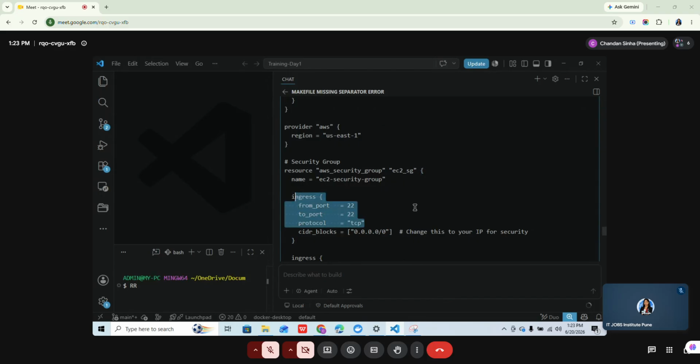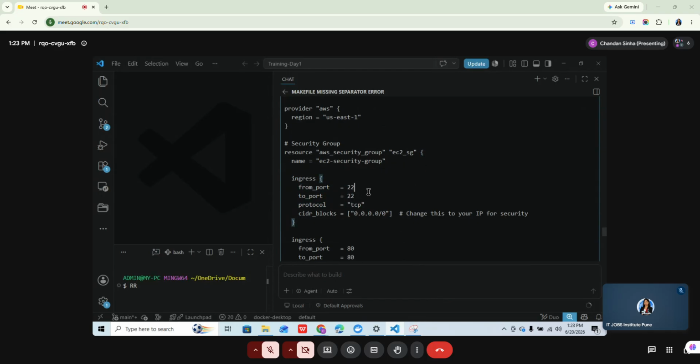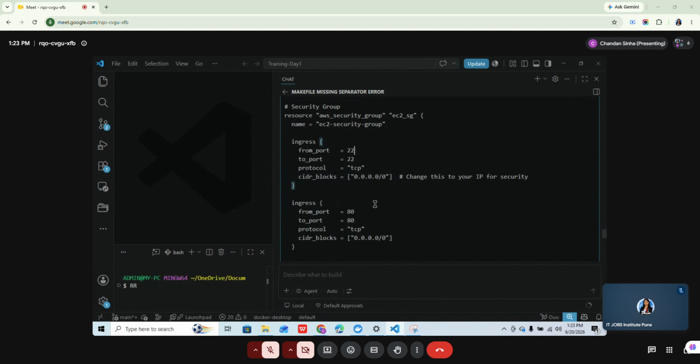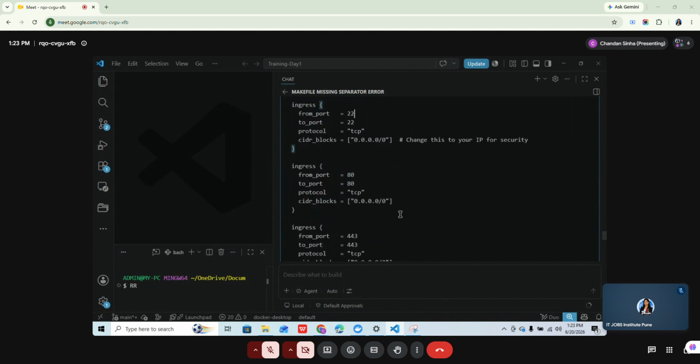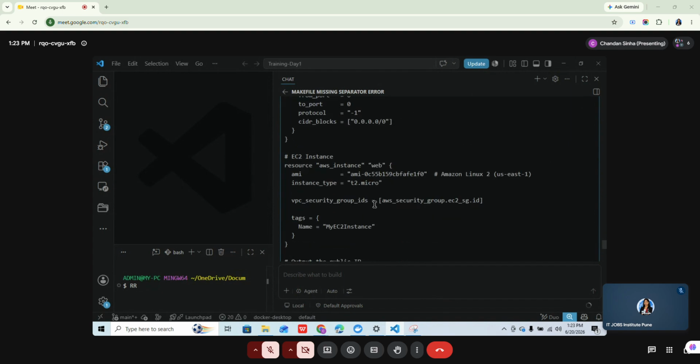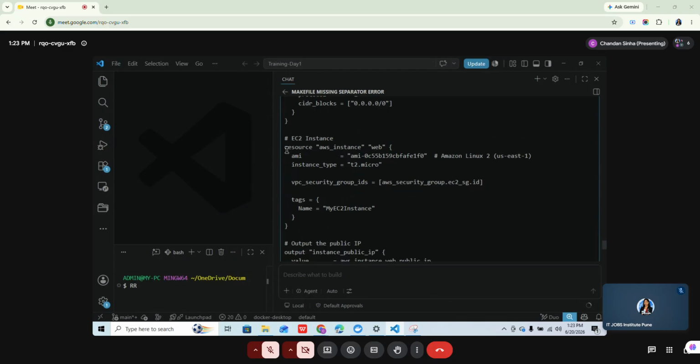SSH कौन सा प्रोटोकॉल होगा? अगर हमने SSH पोर्ट या जो भी पोर्ट ओपन नहीं किया है, तो वो सर्वर एक्सेस नहीं होगा। फिर इनग्रेस, ईग्रेस पोर्ट, ये सब चीज़ें रिक्वायर्ड हैं। अब EC2 इंस्टेंस क्रिएट करना है, तो इसका जो फॉर्मेशन है, कोड का इस तरह से होता है।